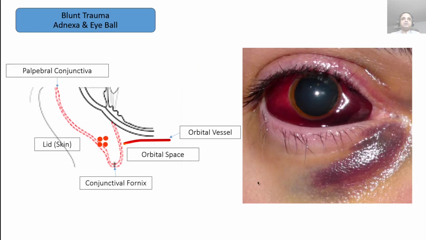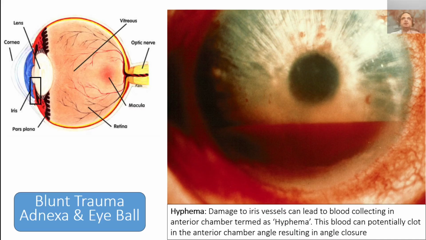So this is more dangerous as compared to a subconjunctival hemorrhage of a conjunctival source, because the damage is limited to the conjunctival area as well, and that's usually almost always benign. So moving on, we have talked about damage to the lids. We are now talking about damage to the anterior structures of the eye, and we'll start off with the iris